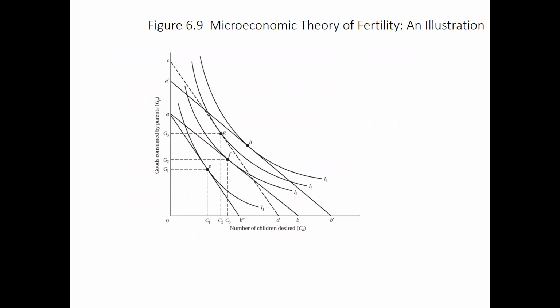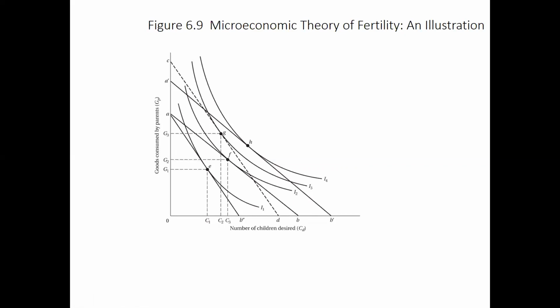I don't want you to go too crazy about this diagram, but some of you have taken microeconomics. You can think of a world where there are only 2 goods, the number of children and the other goods consumed, and you have a budget constraint based on your income and the relative price of having children relative to other goods. That essentially involves the cost of raising children, which includes the opportunity cost of the time spent raising children by the mother and the father, and the cost of paying for their food, their clothing, and so on.